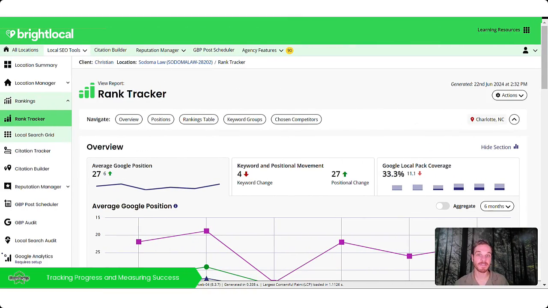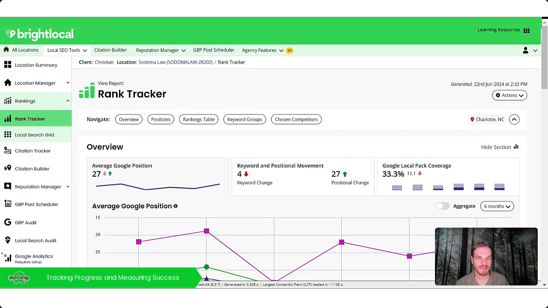We're now on to the final lesson of the bootcamp, which is all about how we can track our progress and know that we're doing well. We'll now take a look at the local rank tracker report, which is our second ranking report next to the local search grid. Similar to the local search grid, we can track our keyword rankings. The key differences, however, are that this is emulated from one specified search location, and we can track way more